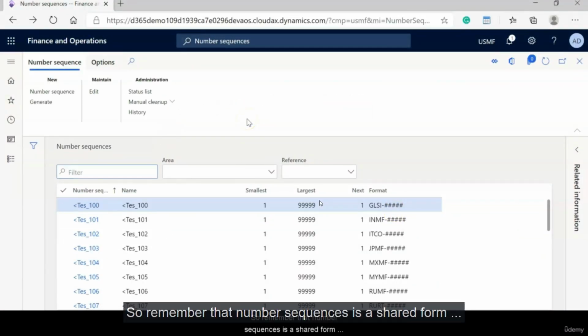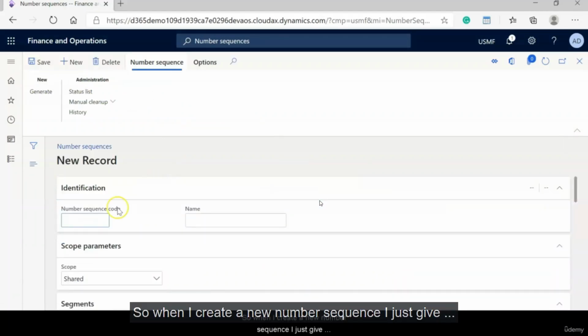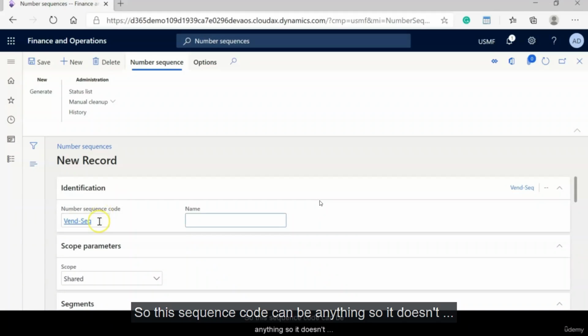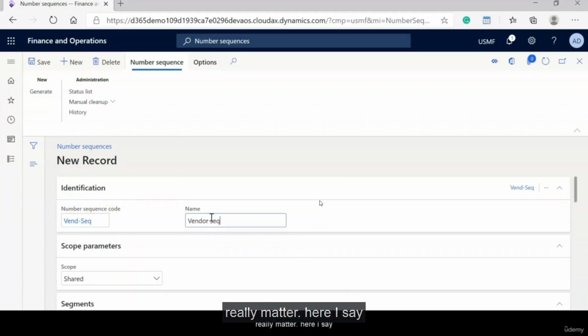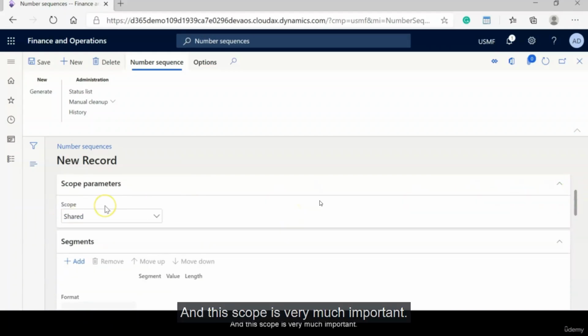So remember that number sequences is a shared form and I create a new number sequence here. When I create a new number sequence, I just give it a number sequence code. This sequence code can be anything, so it doesn't really matter. Here I say a vendor sequence, that is just a name that I'm giving, and this scope is very